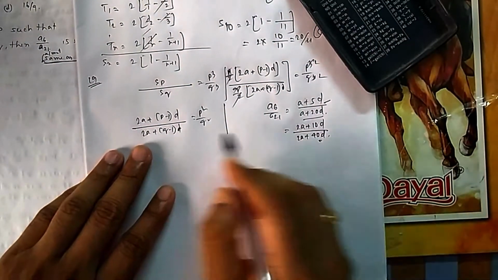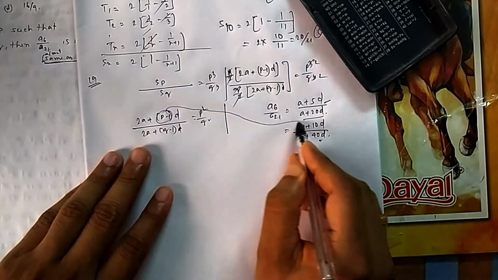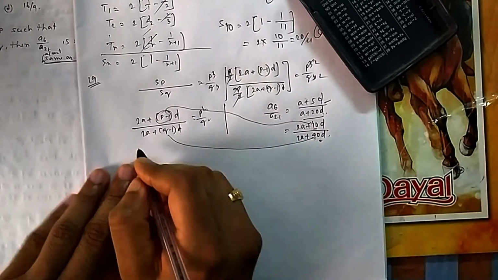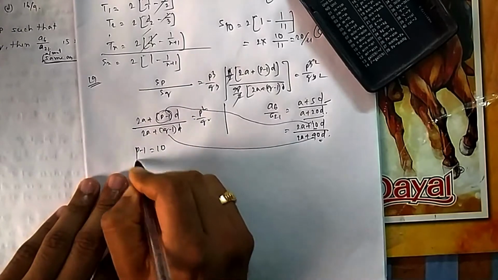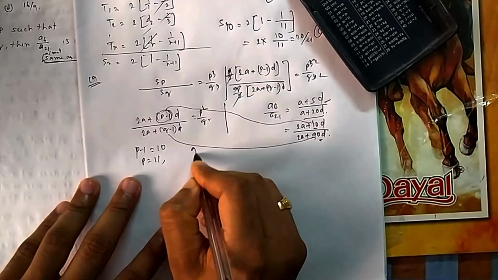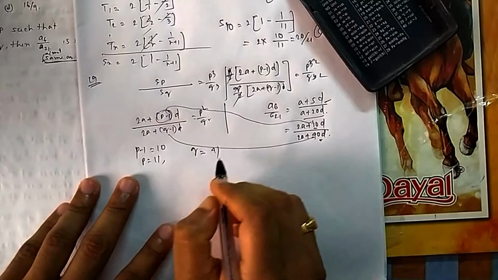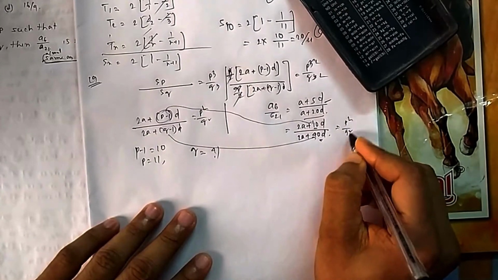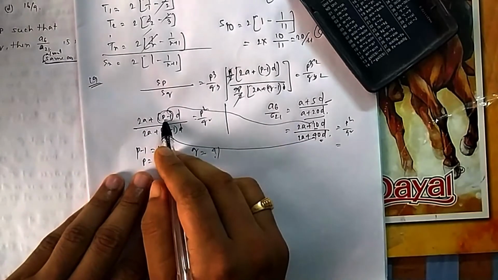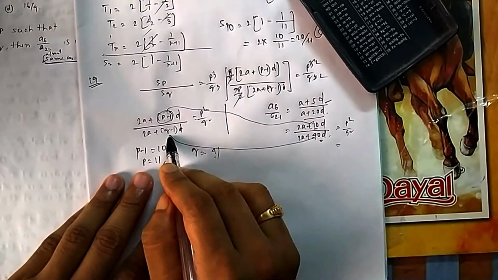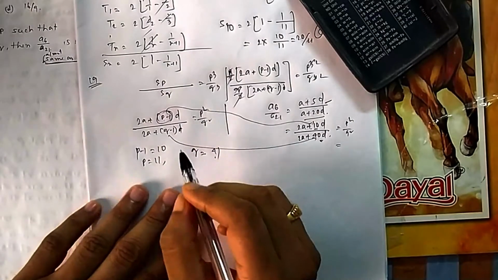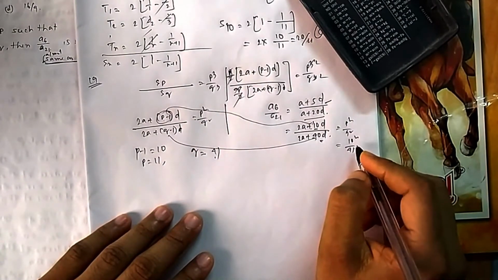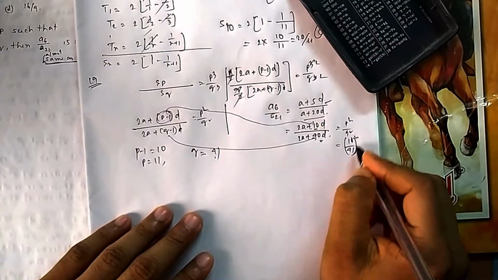So if you compare this, you can see P minus 1 is looking like 10 and Q minus 1 is looking like 40. So P minus 1 is 10, so I can consider P equal to 11 easily and Q equal to 41. So once you know this, now this is equal to P square by Q square. If I put P equal to 11, it will come this. If I put Q equal to 41, it will come this. So on this side also I can put P equal to 11, Q equal to 41. So it will be 11 square by 41 square. That will be your answer.